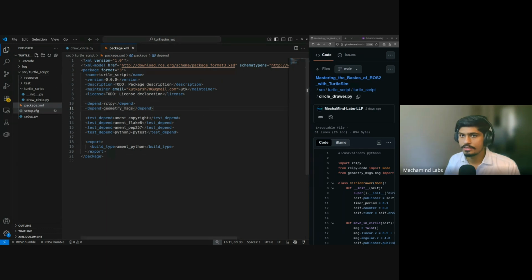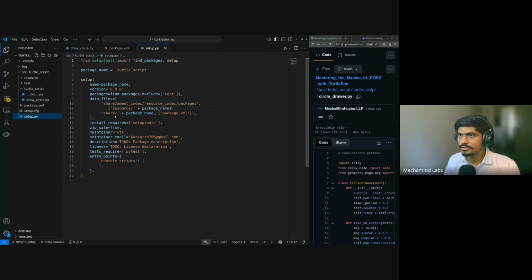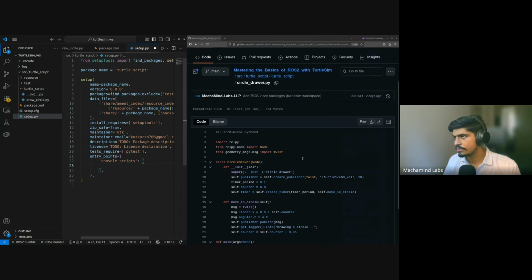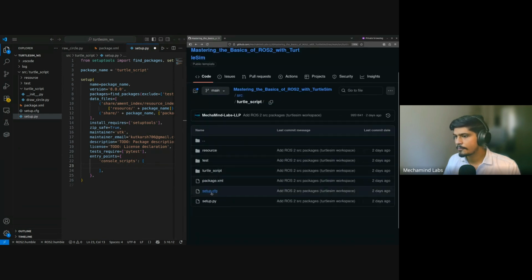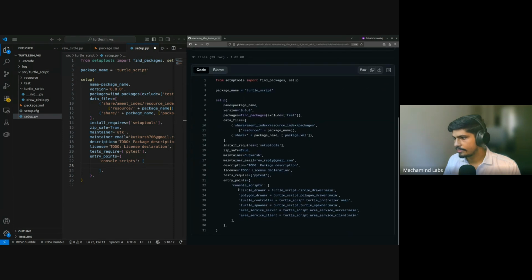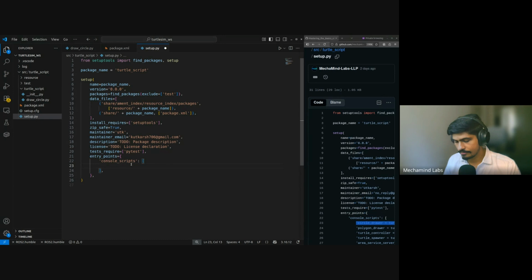So we have pasted it here, and in the setup.py, this is the basic structure which comes here. You just have to give the entry point. So for that, I will just copy it from here. I'll go in the setup.py, copy this entry point and paste it here. Now in our case, our file name is draw circle. So I'll just rewrite it as draw_circle. The package name is turtle script, and again,